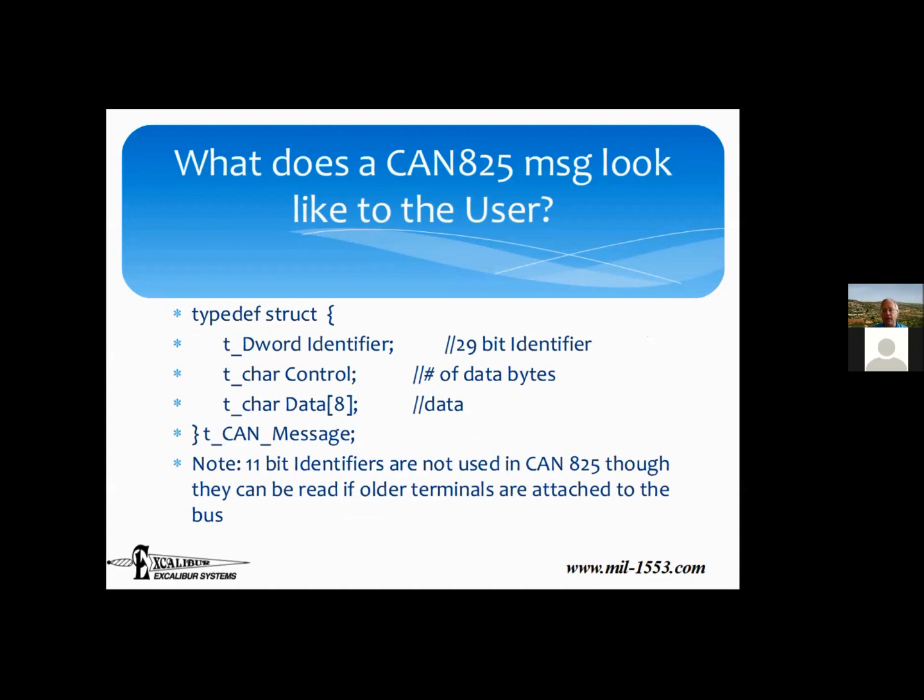Now, the original CAN, the one developed by Bosch for cars, actually had an 11-bit identifier. CAN 825, or I call it CAN 825, it's really ARINC-825, which is the avionics instantiation of the CAN bus. So I tend to just call it CAN 825. It doesn't use the 11-bit identifiers. It will read a message that was sent by an older CAN bus, but no avionics device is going to